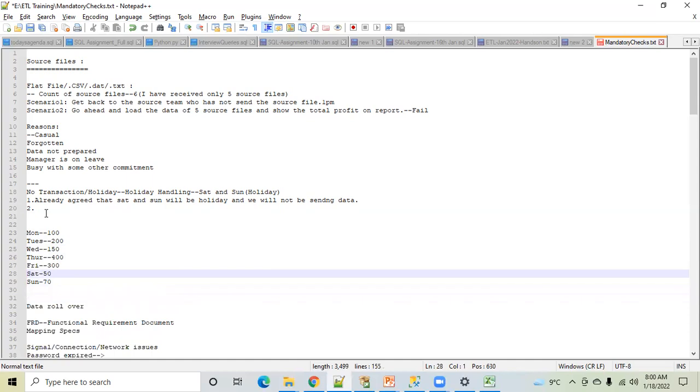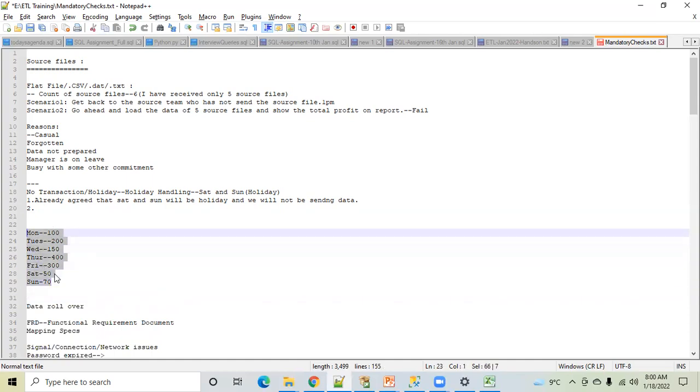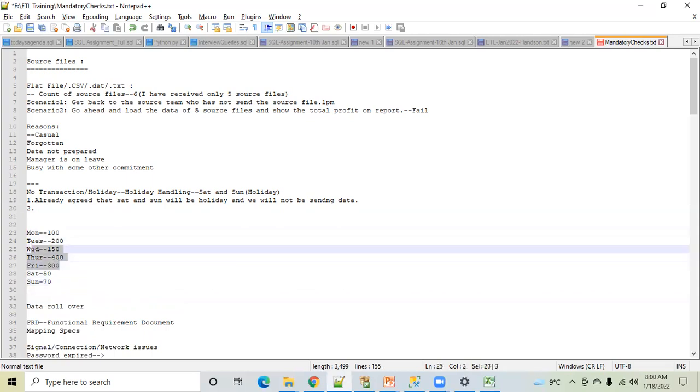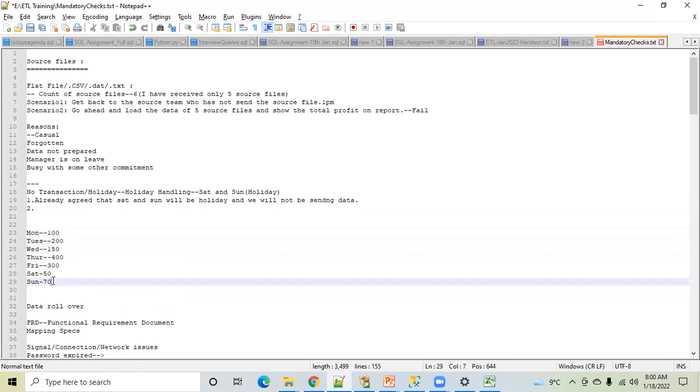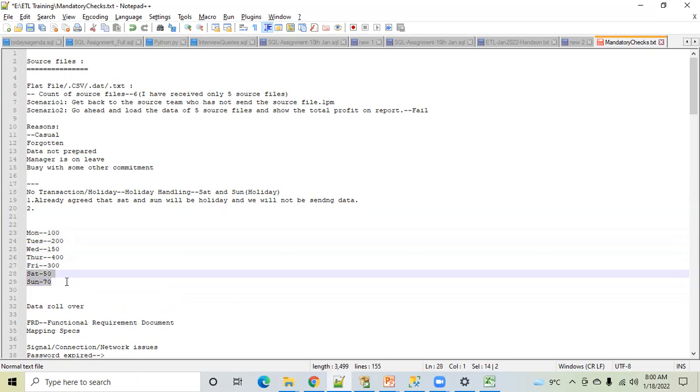Why is this happening? If I show this report to my business stakeholder, he will get confused. How is it possible that from Monday to Friday we are making good profit, but suddenly on Saturday and Sunday the profit has dropped? Now tell me what is the reason for this?